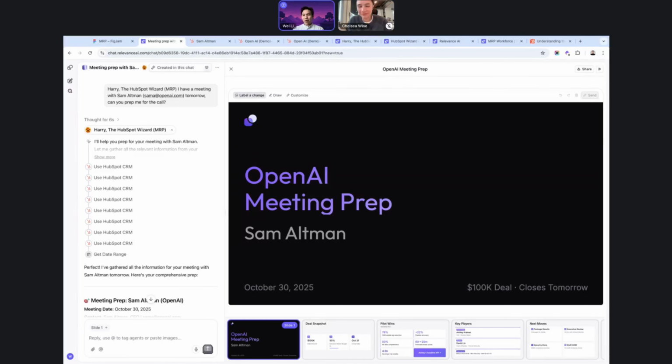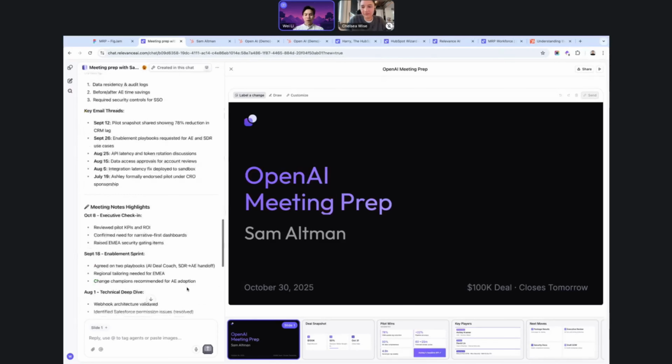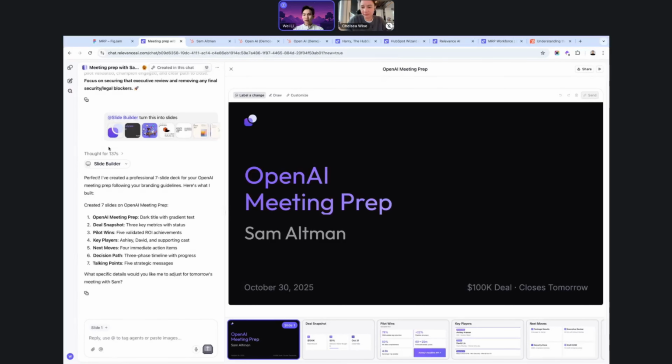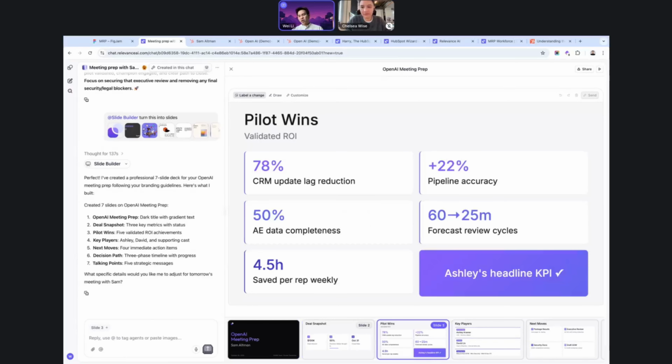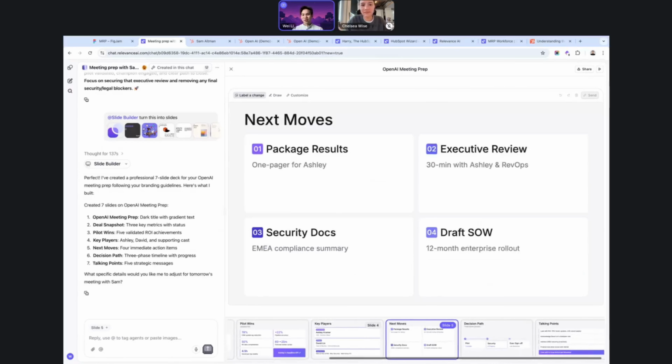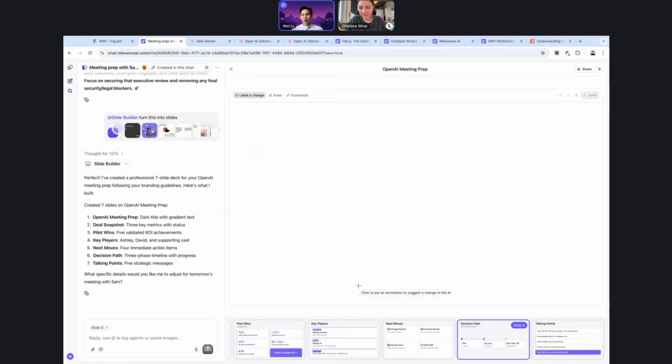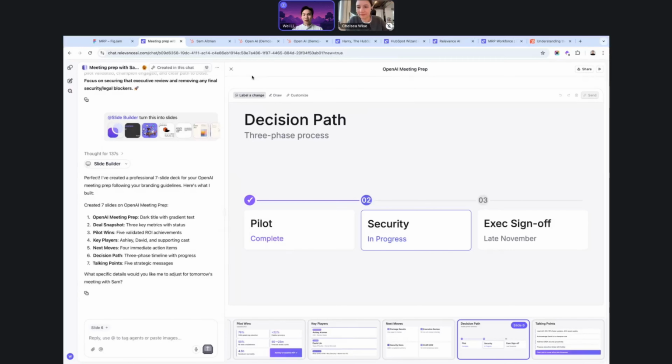What a CRM is for is to get you that information, but it's not going to do anything if you just keep that in your own head and maybe you're a little bit more prepped for the call. But because agents can take action, one of the key actions once you have all that information is to share it. And the best way to do that is to create slides for it. And so over here, you can tag the slide builder and turn anything that you found in your CRM into slides. And it's able to convert that huge chunk of text, which, let's be real, no one reads, into something that you can even share with your end customers.